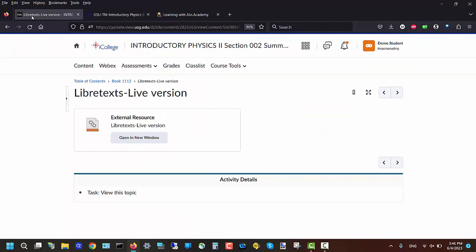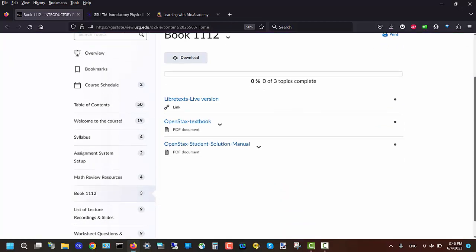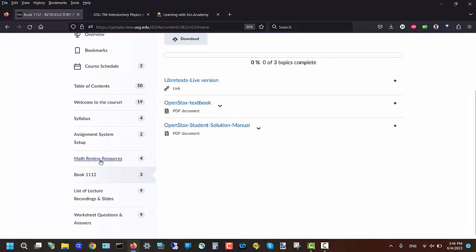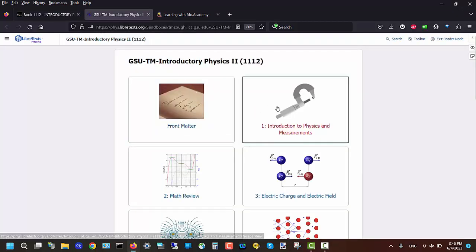Let's go back here. You have some math review resources here if you need them. The textbook also has some math review.